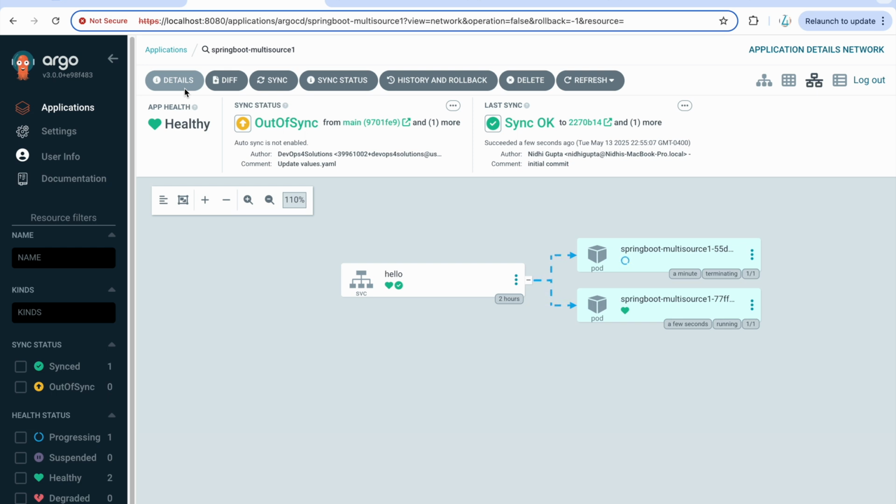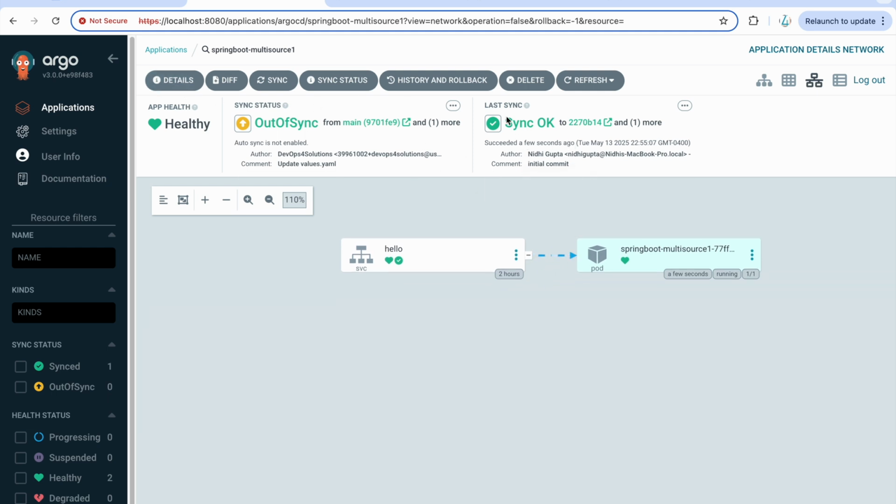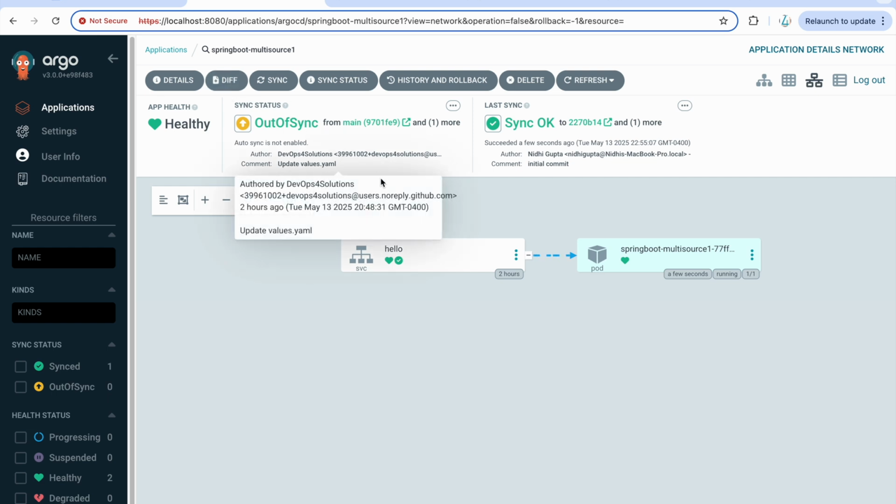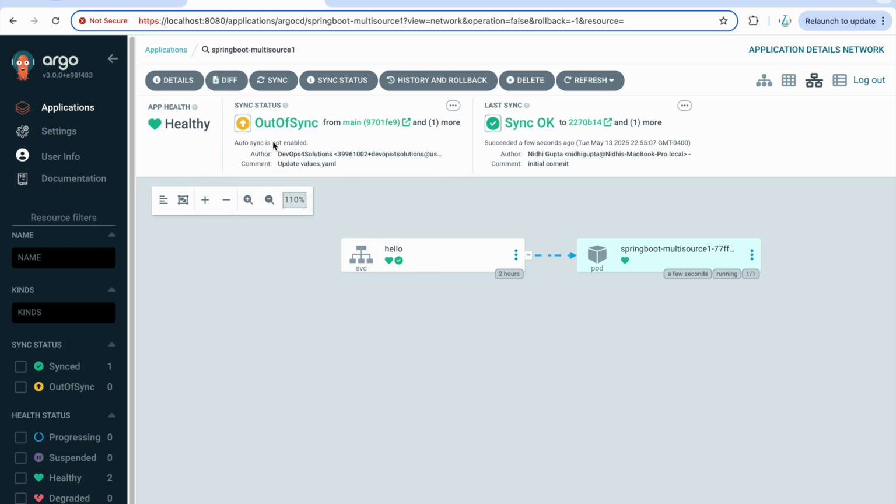It shows you that you did the rollback to this version, but you are out of sync because there are changes, and it automatically disables the auto sync. So the rollback is a good feature as well.